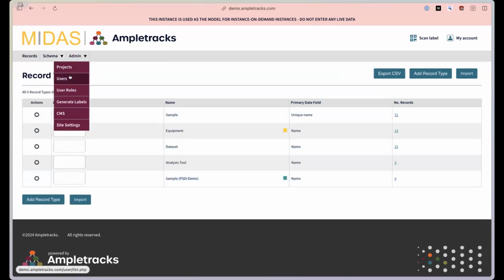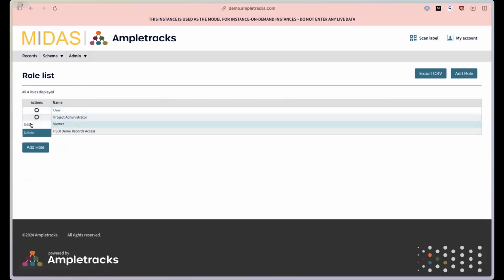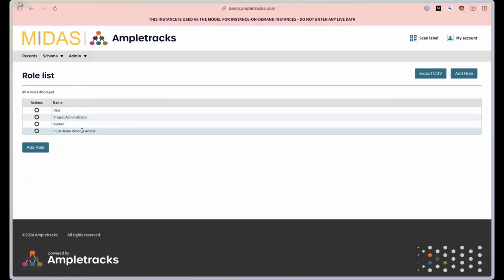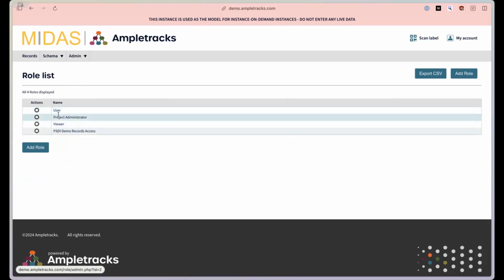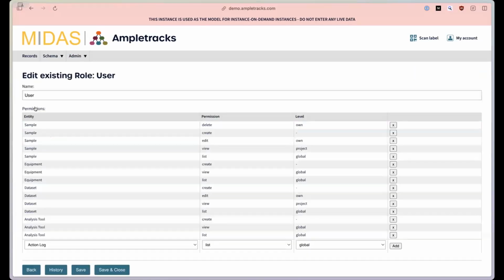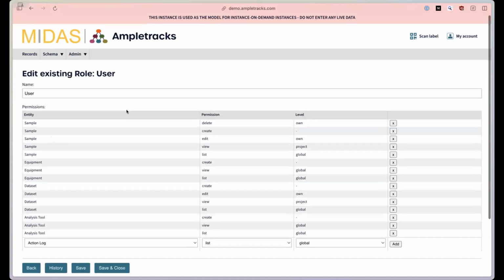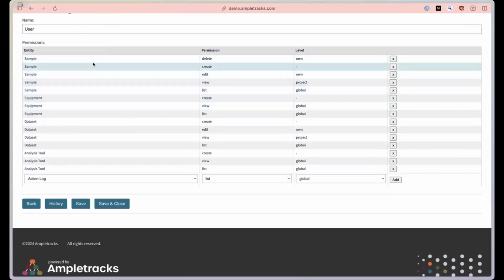If I navigate to user roles, you can see that I've got a user role, a project administrator user role, a viewer, and a PSDI demo records access. So let's inspect the user role permissions. You go into edit mode, you can edit the name, but here you can see that a user